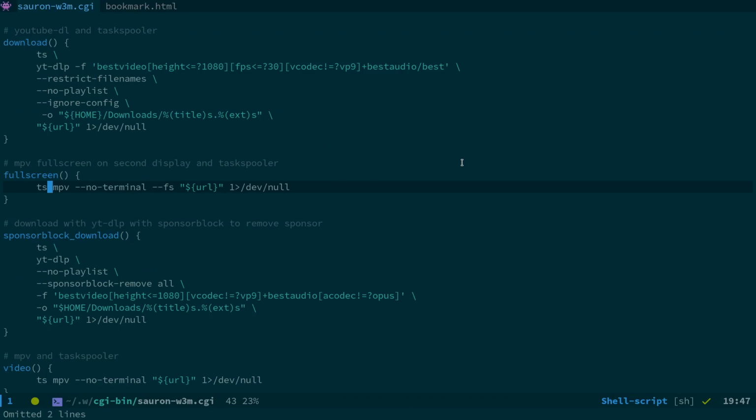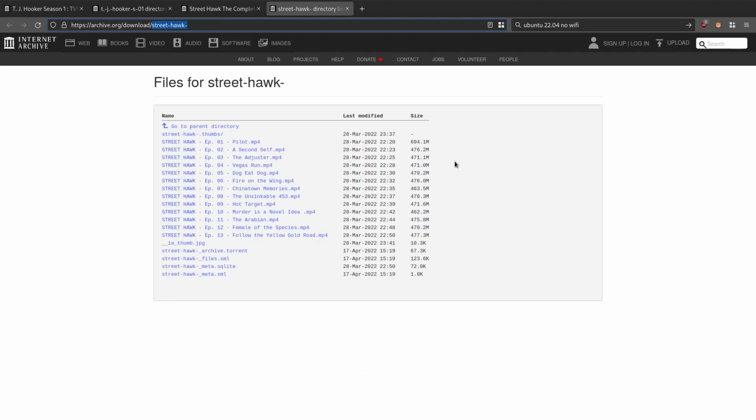Try to cover as much as possible and just make things a bit nicer, so we can just come through and easily bookmark the downloads pages for things we find interesting on archive.org, and on BBC iPlayer we can easily search and strip out all the cruft. So that's using things like surfraw, w3m, CGI scripts, wget, MPV, lots of bits and bobs hacked together. Well, not so much hacked together, but kind of MacGyvered together,